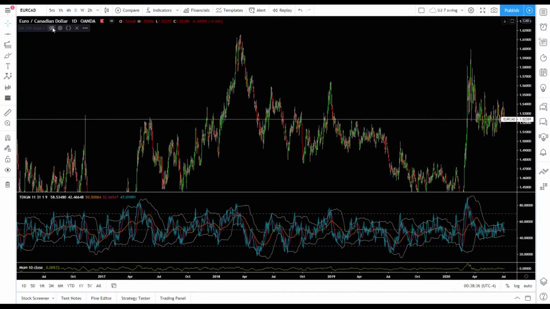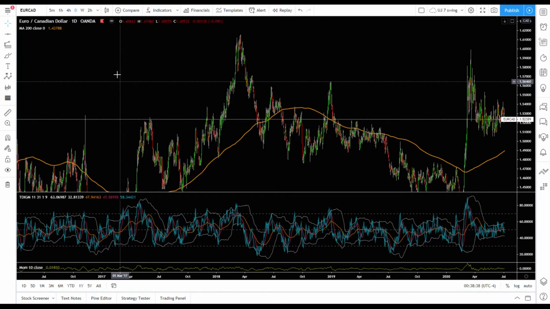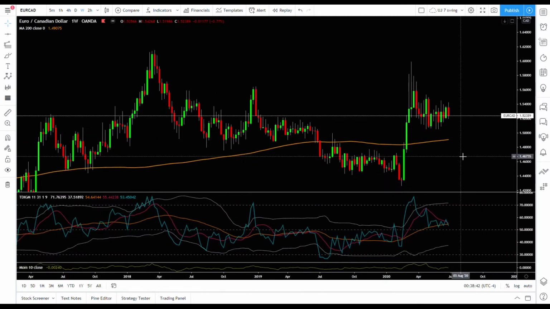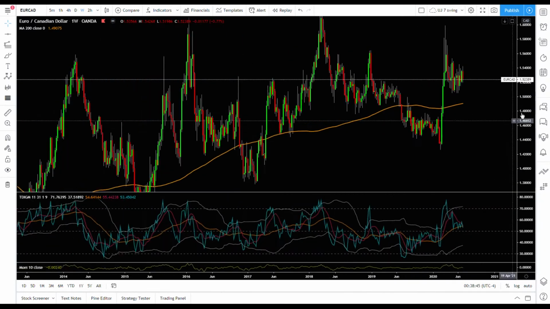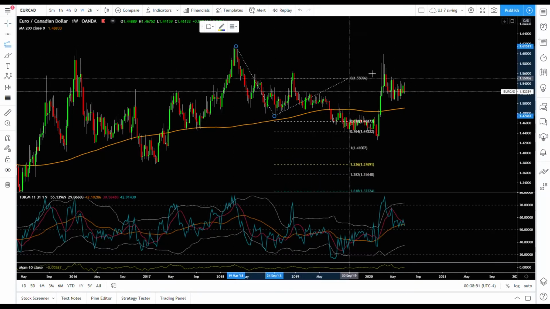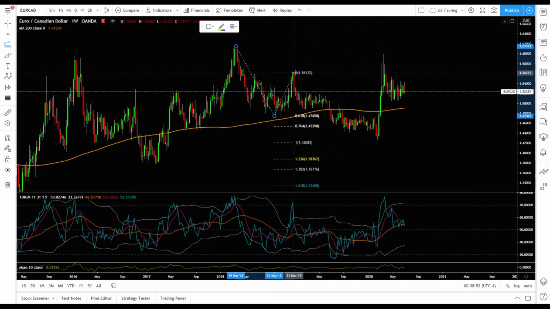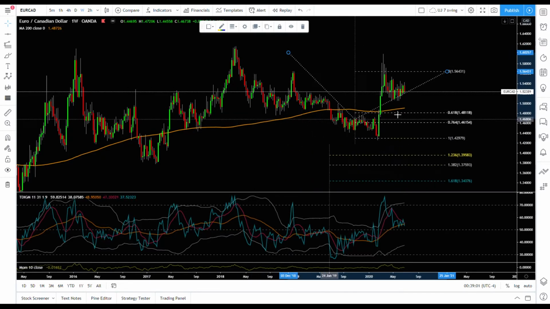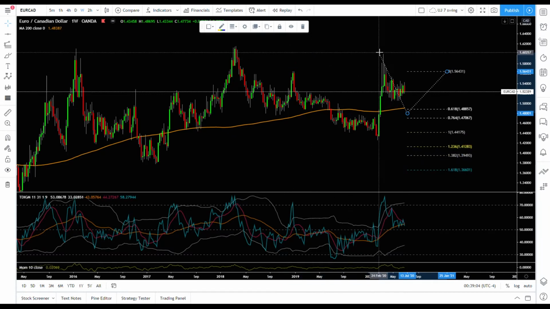Drawings, here we go. So if you look at the 200 moving average, that's what I like on this chart, because if you look at the weekly, you've got the 200 MA down here on the weekly. I think that's probably where it's going to go. If we look at the actual measurements of this swing pattern, to this high, you can see that we went pretty much to equal length, which is what you should get in this type of combo swing. So if I draw my trend fibs here,